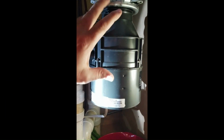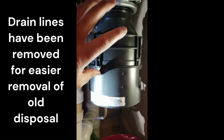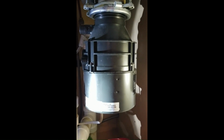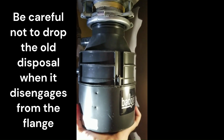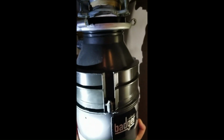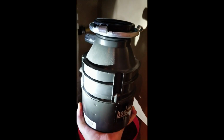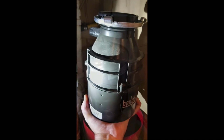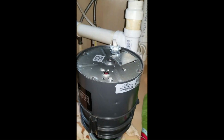This garbage disposal is going to twist on clockwise, so counterclockwise to remove it from the flange. Like so. That's all there is to it. Now I'll tip it over, drain the water out of it, and unhook the electric, and then I can start installing the new one. So I got it off the flange, went ahead and flipped it upside down on a